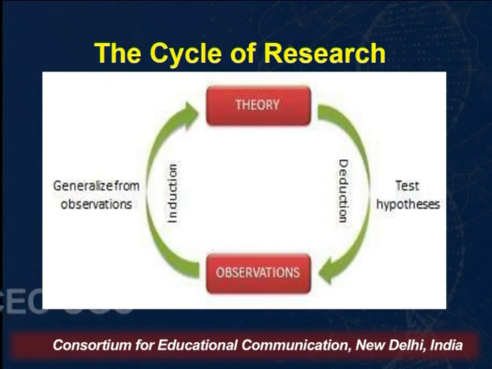So you lay down a hypothesis based on certain theories. Then you test the hypothesis by experimentations, from which you get these observations, and then based upon these observations you again generalize and produce some kind of theories. There are two additional terms in this cyclic nature of research, which are induction and deduction.